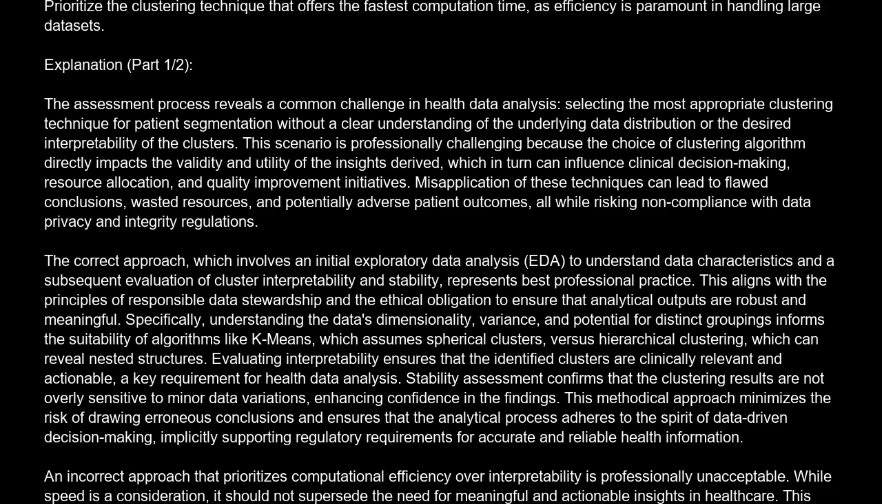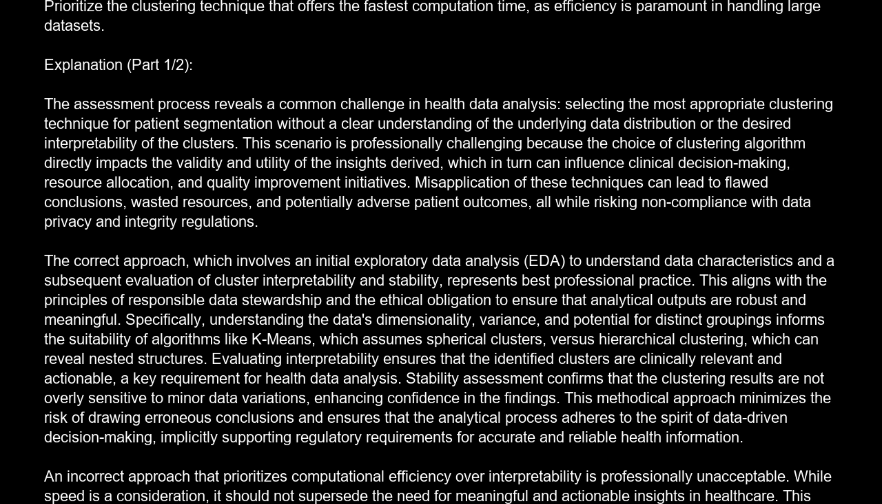The correct answer is C. Prioritize the clustering technique that offers the fastest computation time, as efficiency is paramount in handling large datasets. Explanation. The assessment process reveals a common challenge in health data analysis, selecting the most appropriate clustering technique for patient